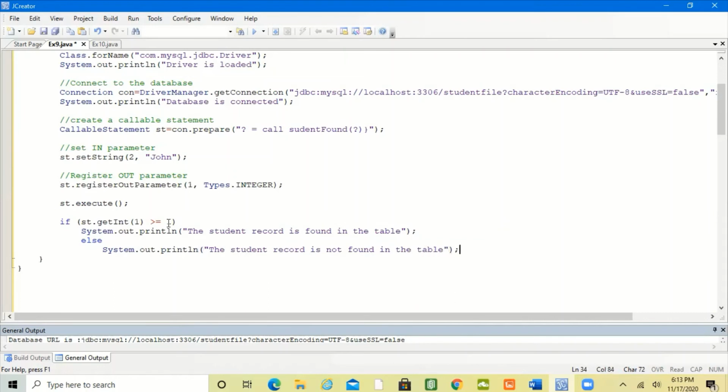If it is 1 or 2 or 3, greater than or equal to 1, the record is found. John's record is found because I'm searching for John. If it is equal to 0, then I don't have John's record. Now close the connection. How to close? Connection dot close. That's it.